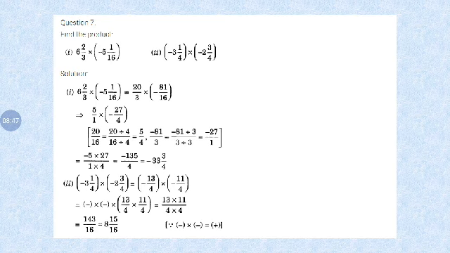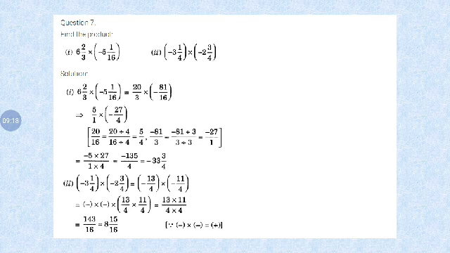So next one, we already know the multiplication rule: plus into plus is plus, minus into plus is minus, plus into minus is minus, minus into minus is plus. So minus 20 by 3 into minus 81 by 16... So by the cancellation law, 5 by 1 into minus 20 by 4. Minus 20 by 4. Next one, 20 divided by 16. So numerator and denominator divided by 4 by 4. We get a value 5 by 4.